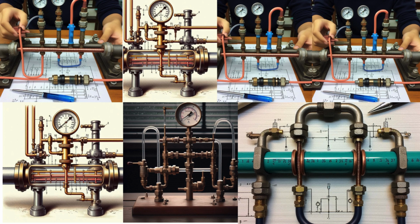Procedure. 1. Connect the 2 limbs of the inverted U-tube to the petcocks by means of 2 rubber or plastic leads. 2. Set the petcocks on the on handle and allow the water to rise. 3. Adjust the supply of water in such a way that the rise of water is